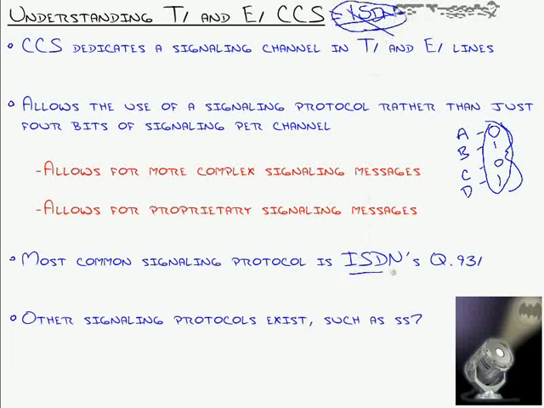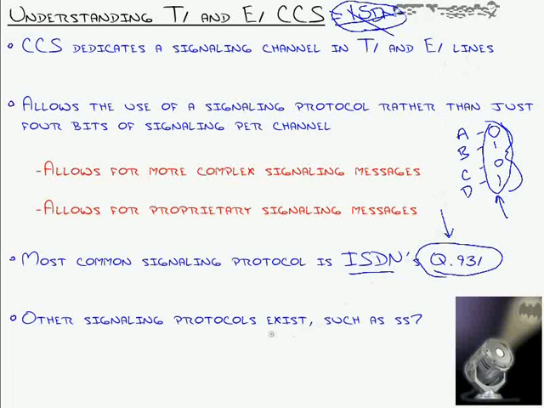Most of the time, people will use the signaling protocol Q931, which can send complex signaling messages. It doesn't use bits anymore. It uses hexadecimal. It uses text messages. It uses all kinds of things. It's a signaling protocol where you can put even your own proprietary signaling messages, which many PBX vendors did. If I bought an Avaya PBX on both ends, I could get proprietary cool features between those two. And ISDN's Q931 could send that.